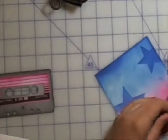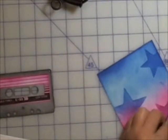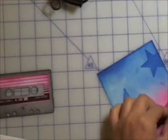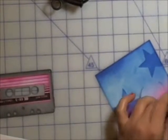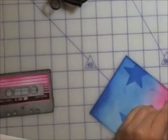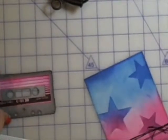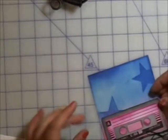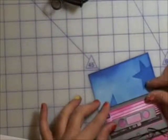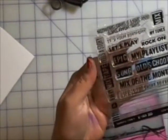So, let's take this over here. And I'm going to tie it in a little bow. Make my bow as small as I want it. And I'm not even going to cut those off quite yet. Okay. And if I tuck my tape in there, kind of half in there, half on top. Okay, and then for the sentiment, I'm going to use